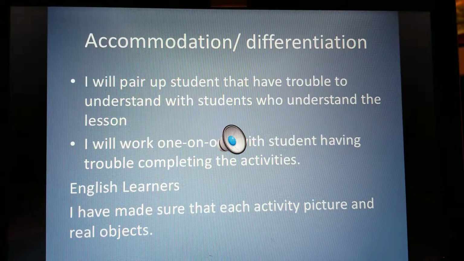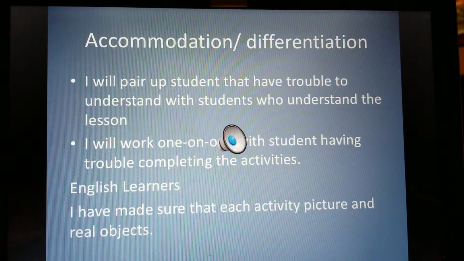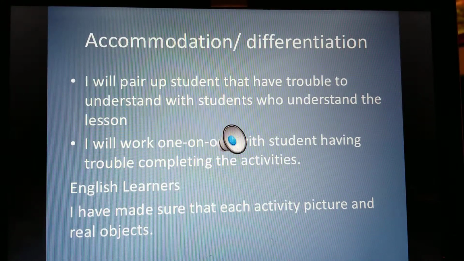Accommodation and differentiation: I will pair students that have trouble understanding with students who understand the lesson. Also, I will work one-on-one with students having trouble completing the activity. For the English learners, I will make sure to have pictures for each